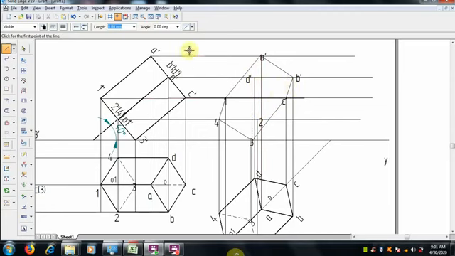The outer points which are there, now it is bounded over there. That is also one way we can do it. Now the top ABCD and 1 2 3 4 can be done. The edges 1 to A, 2 to B, 1 to 2, like that.